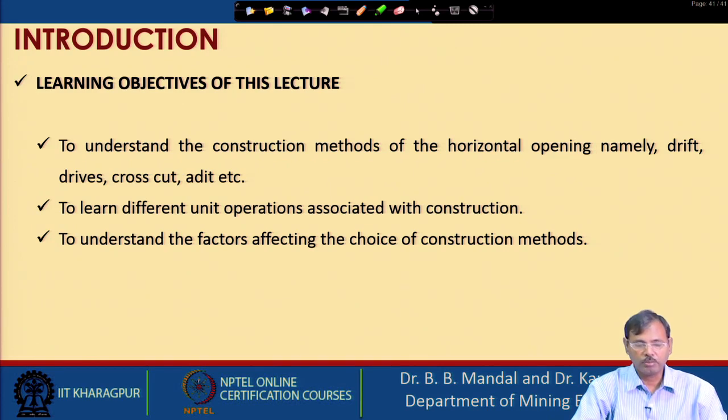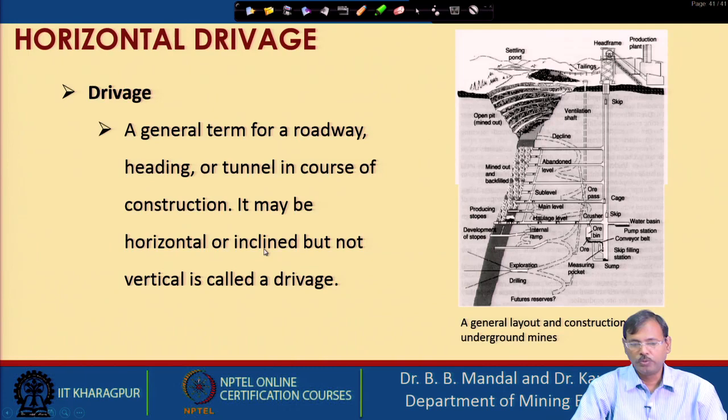This is the first lecture of that, and the objective of these 4 lectures are set as to understand the construction method of horizontal openings, namely drift, drive, crosscut, adit, etc. To learn different unit operations associated with the construction, and to understand the factors affecting the choice of construction methods. So, let us first understand one by one the construction methods, but before that we have already discussed in the